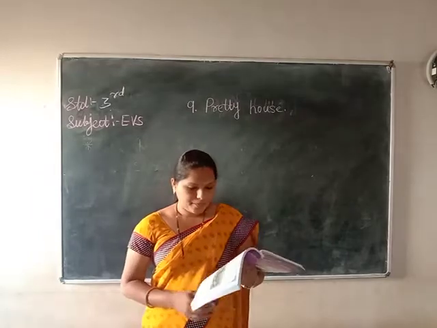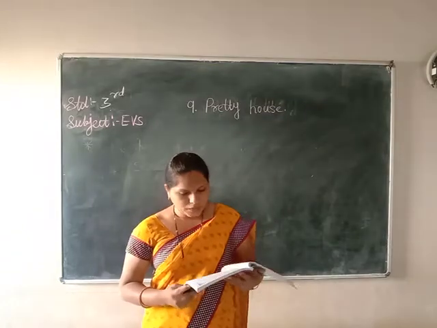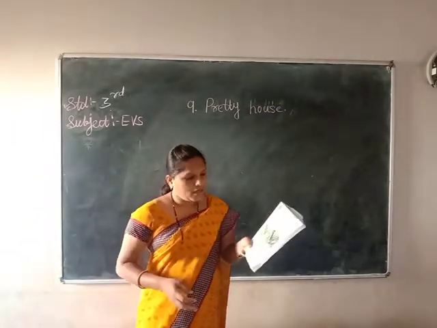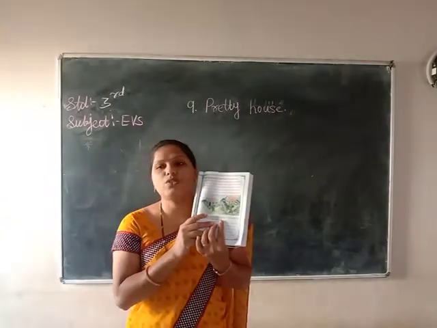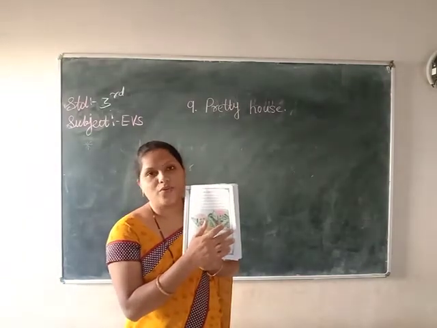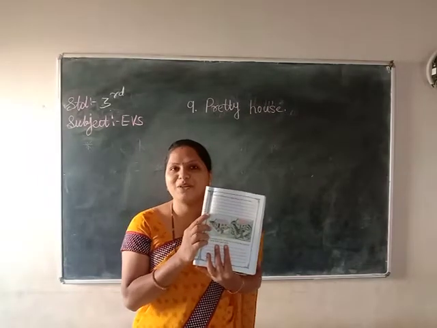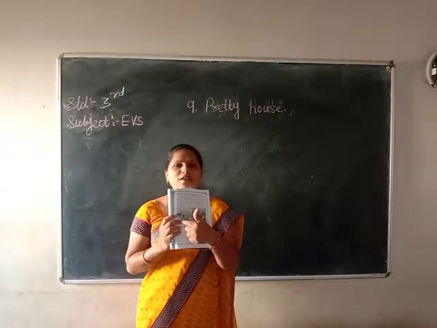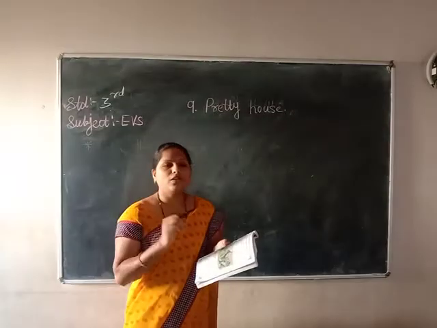Okay, so on page number 80, look at two houses. Which house do you like to live in? Why? Write in your space. Here, two houses are given, children. In which house do you like to live? Sorry, you have to write that you would like to live in the first picture, children, not the second. I was wrong. Why the first picture? What is the difference between these two houses, children?